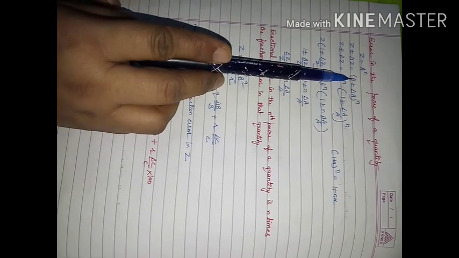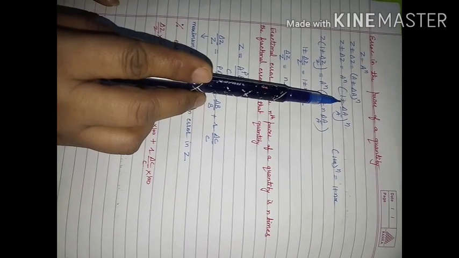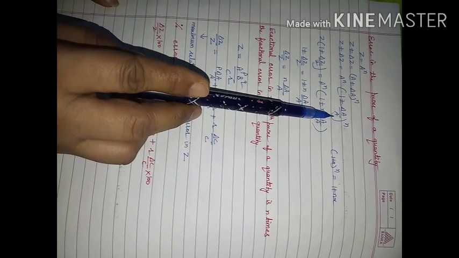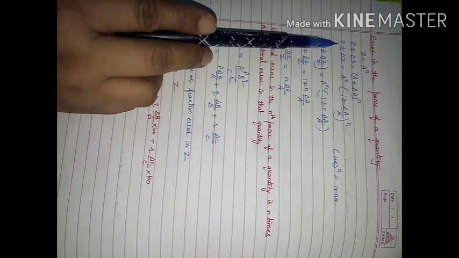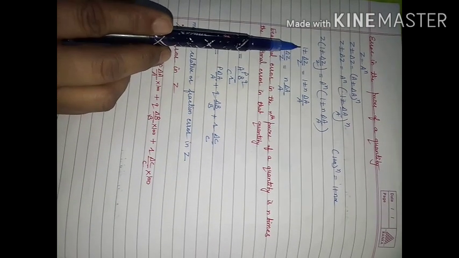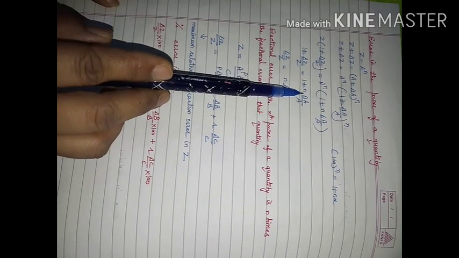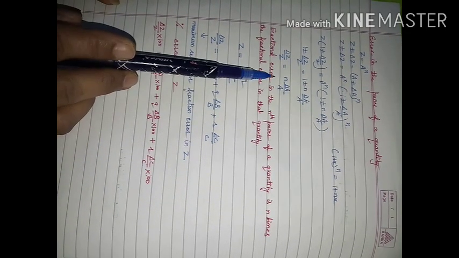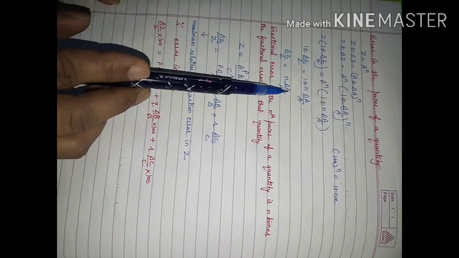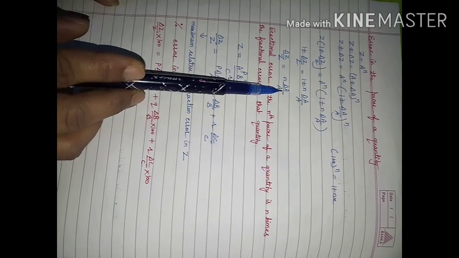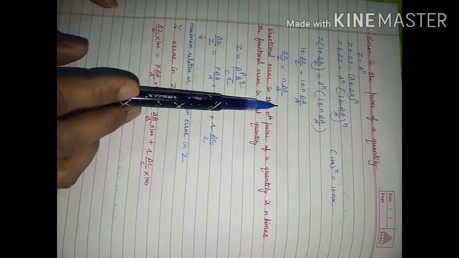Take out A common. When A will come out common, power is n. So A raised to power n we have taken out. Then inside 1 plus minus delta A upon A raised to power n. This will get cancelled with Z that you will take common from this side. So we are left with 1 plus minus delta Z upon Z will be equal to 1 plus minus n delta A upon A. So final result is the fractional error in result will be n times the fractional error in that quantity. So whatever will be your power, with this you have to multiply this.